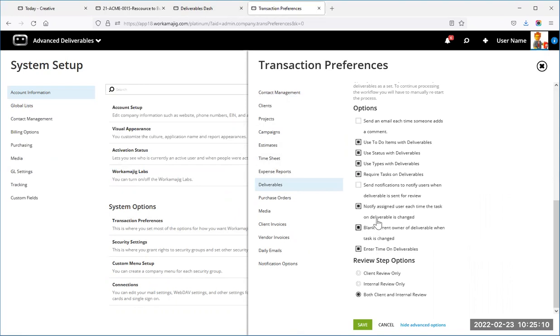So there's this option of require tasks on deliverables. Again, I would highly recommend you check this if you want your workflow to involve the schedule. This way, you have to put a task on that deliverable. There is no way around it. And that ensures 2 things: that it triggers your tasks to have a deliverable on them, which triggers the Today Creative if you're using it that way. Plus, if you are going